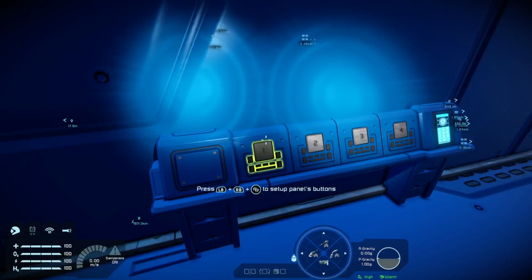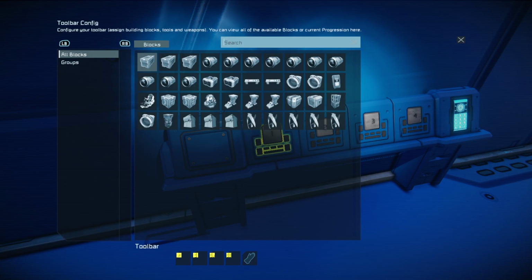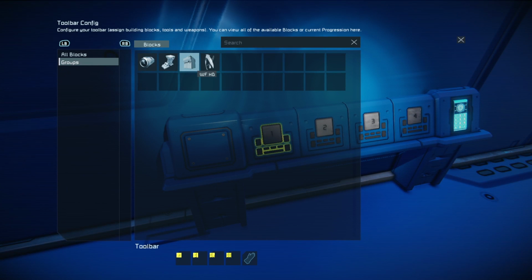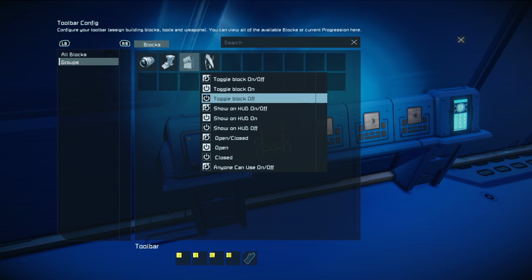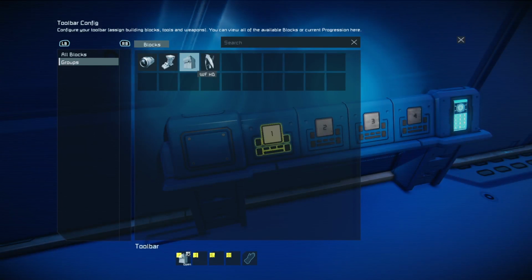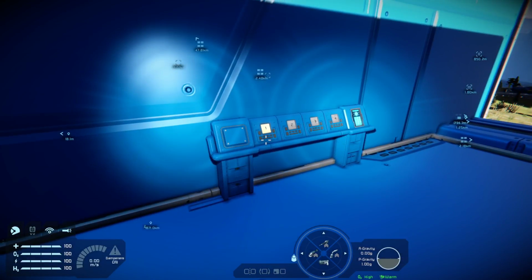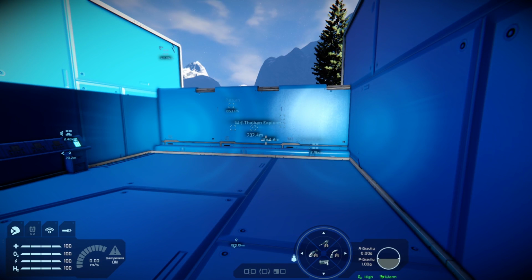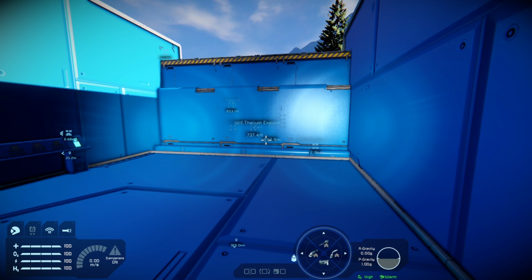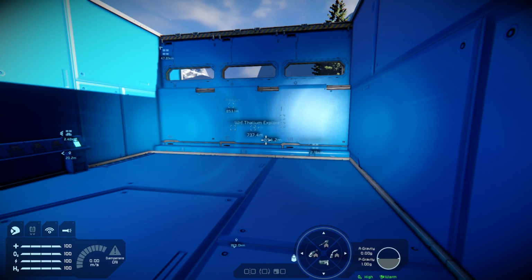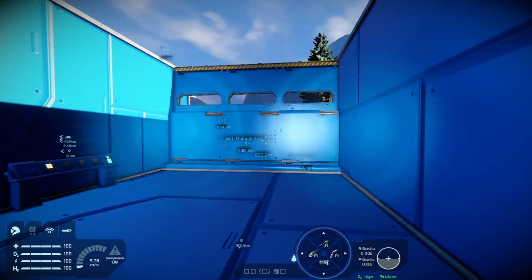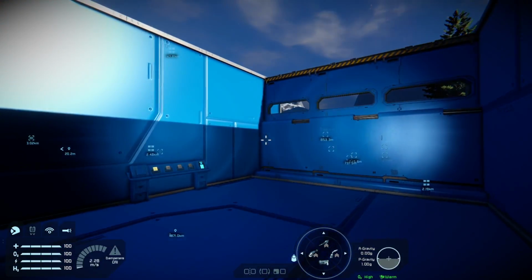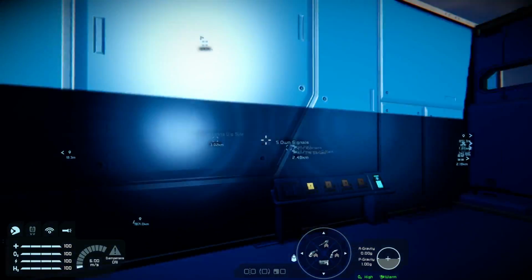With a blank button panel, all we need to do is press X on it and come down with the right bumper to groups, look through our groups until we find Warfare Hangar Door, and then select what we want it to do. In this case, we want it open, closed. Then, when we press this button, now all 3 doors move in unison. To close our little area off. And that is how you group up these doors.